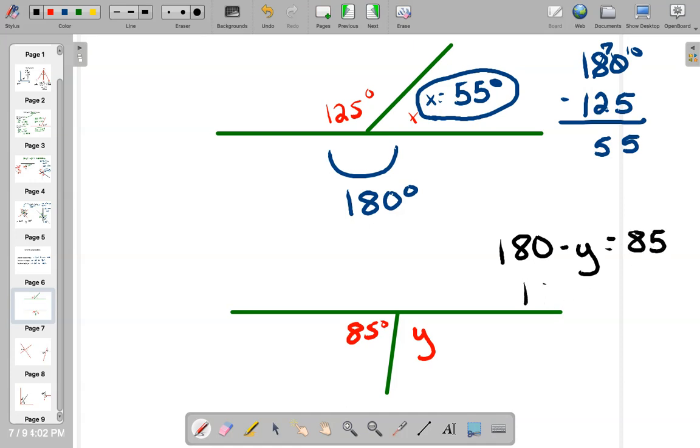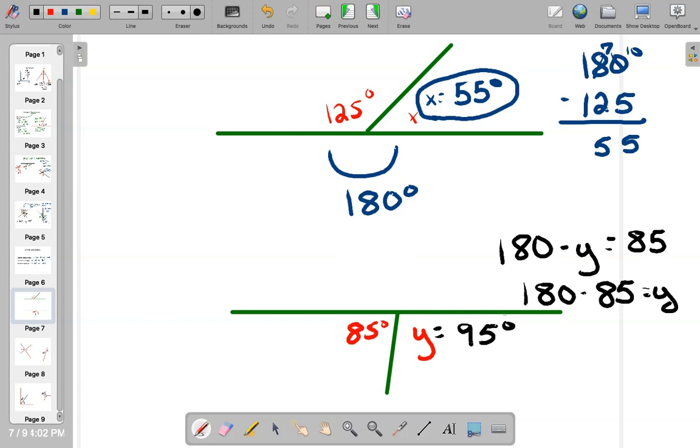Or I could do 180 minus 85, which is equal to y. Both ways would work. Now, how I think of it is 180 minus 80 would be 100. So if I'm doing 180 minus 85, I need to go 5 smaller than 100, which means that my y is equal to